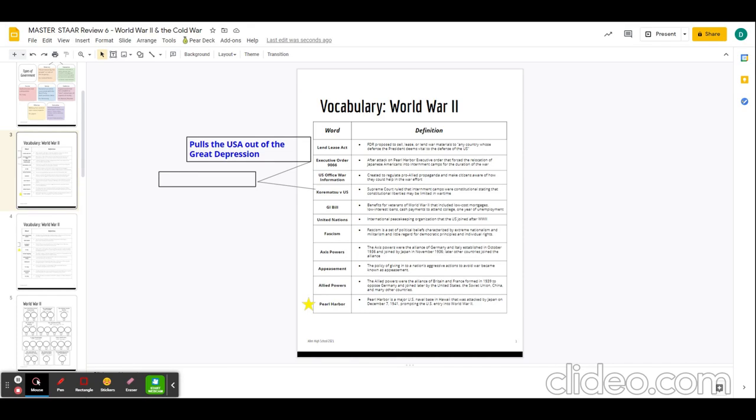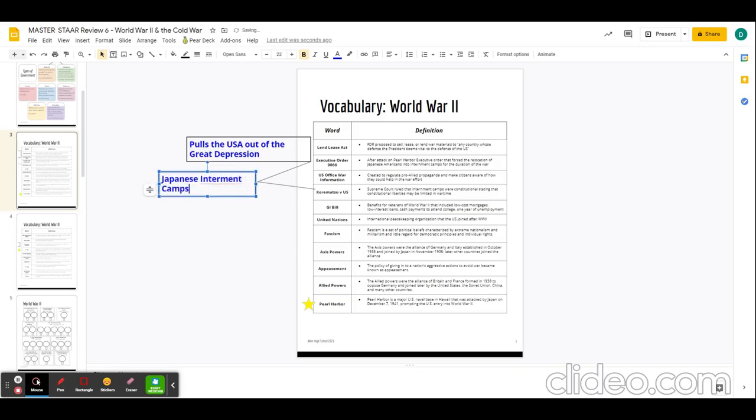and is that permanent fix that was needed to pull us out of the Great Depression. So you need to understand the Lend-Lease Act in the context of World War II, but you also need to understand its connection to the United States economy, specifically that it pulls us out of the Great Depression. Another thing that we need to emphasize are Executive Orders 9066 and Korematsu versus the United States.